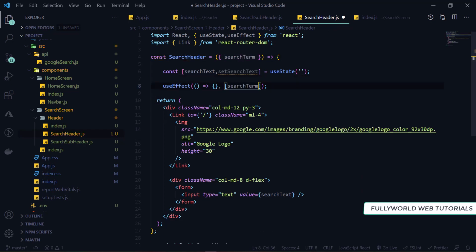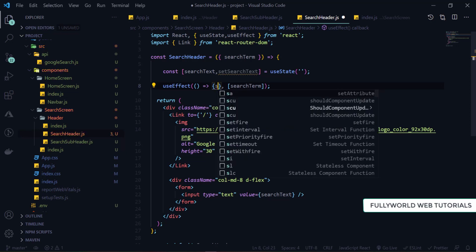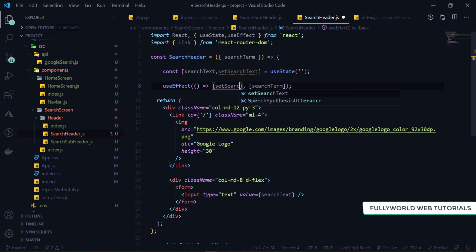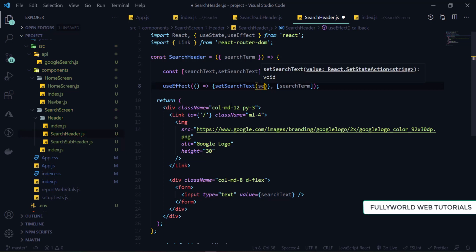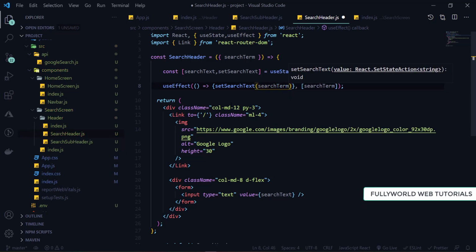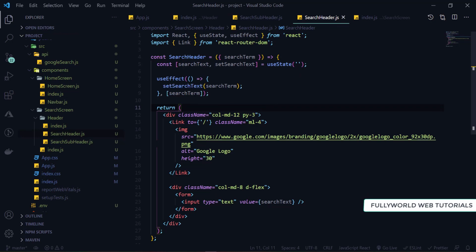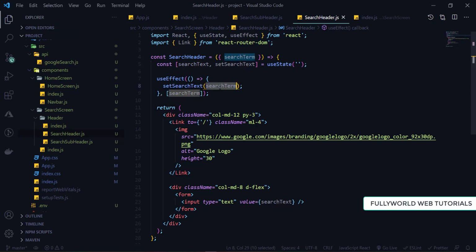It could also depend upon our search text, but I'm not going to make this depend upon our search text, because whenever we change the search text, this will automatically rerun again, and our search text will vanish again. So that's why I'm not going to do that. So now we have done this.